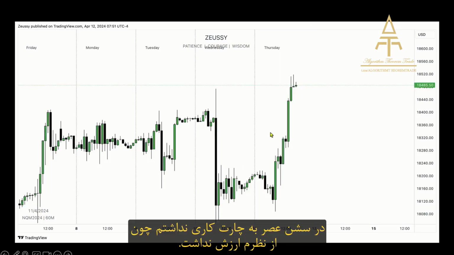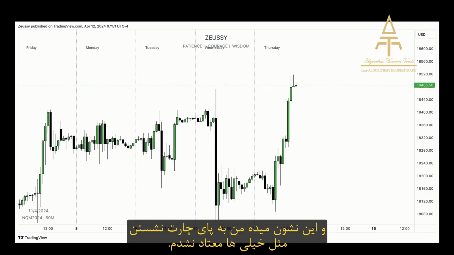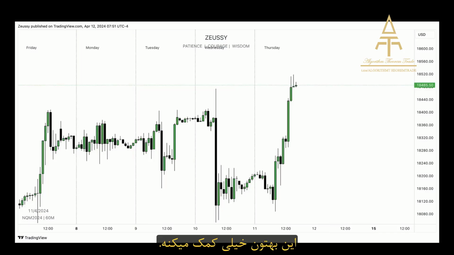During the afternoon session on Thursday, I decided again to not look at the charts because it was simply not worth it in my opinion. Instead, enjoy time outside of the charts. That's why having hobbies is so important. The ability to just say, I'm going to do this, I'm going to do that, and I'm not addicted to the charts all day. That right there will help you a lot.